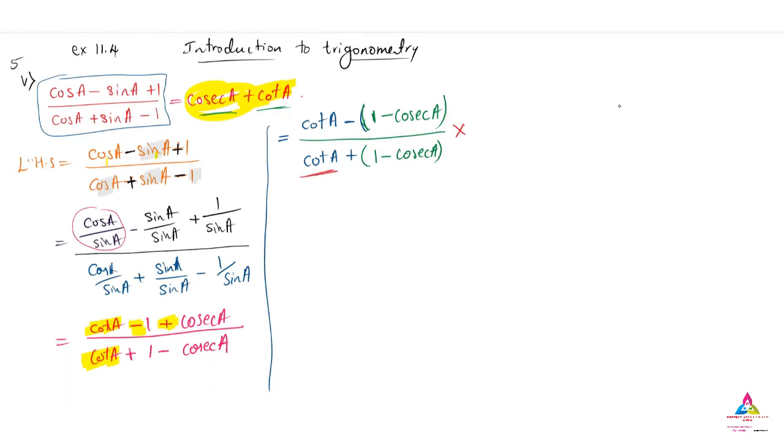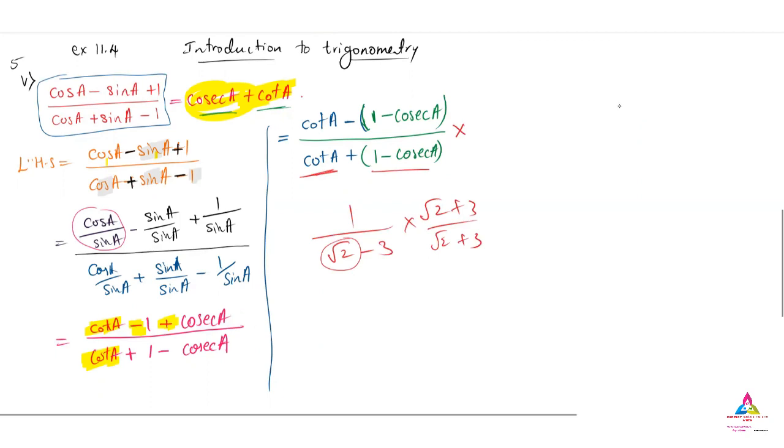Consider this as one term, and this as another term. It is like √2 minus 3, anything divided by this. So what we are doing: √2 we want to remove, which means we multiply by √2 plus 3. You might know this, √2 plus 3, that is what we are doing. A similar thing we have to do for this also.